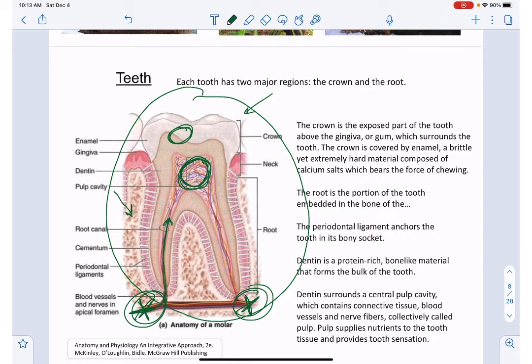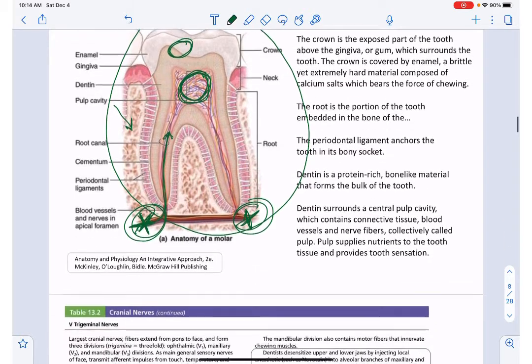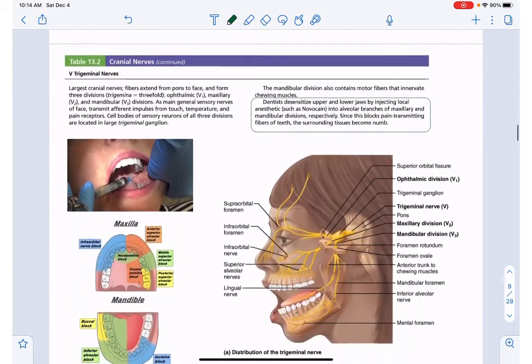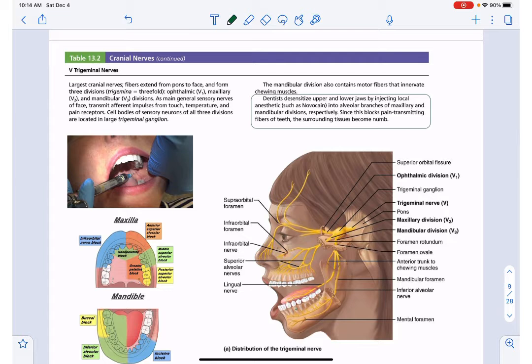And it's the same nerve whether you're working on a maxillary tooth or a mandibular tooth. And I'll give you a hint. It's a cranial nerve. Remember, cranial nerves serve structures of the head and the neck. And so we're thinking of a cranial nerve. So what's the cranial nerve that you are trying to block with Novocaine? And the answer to that is cranial nerve